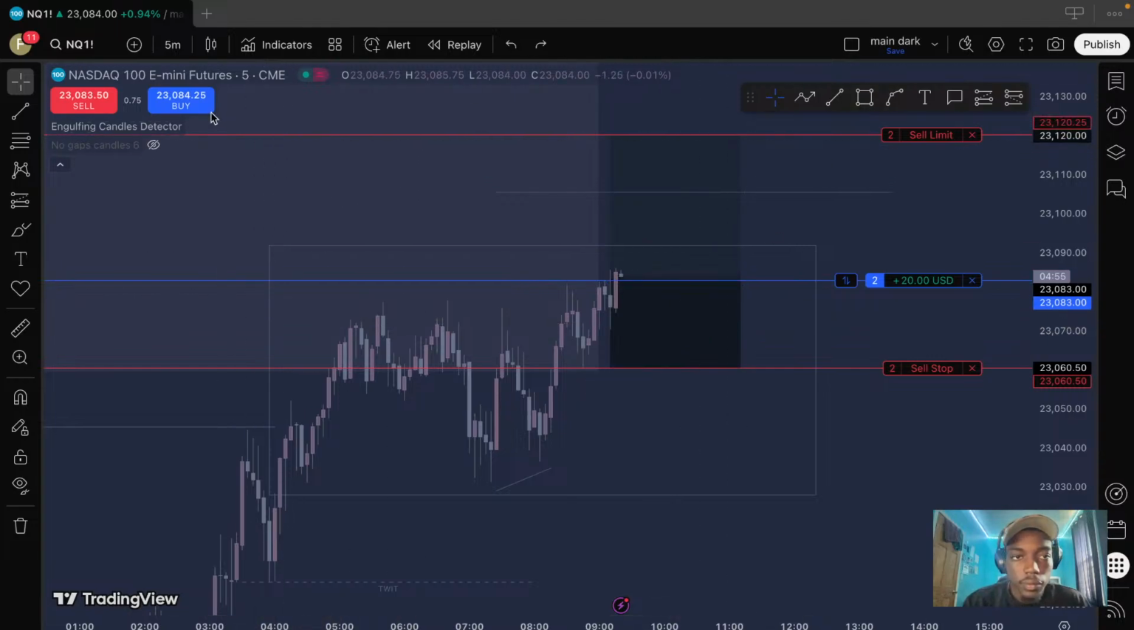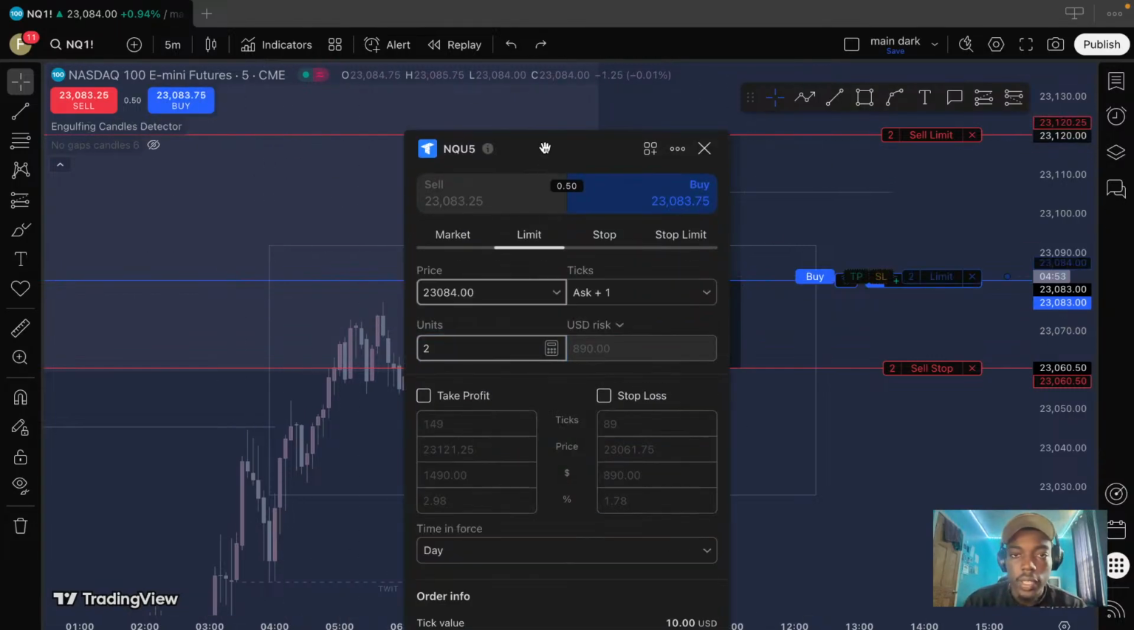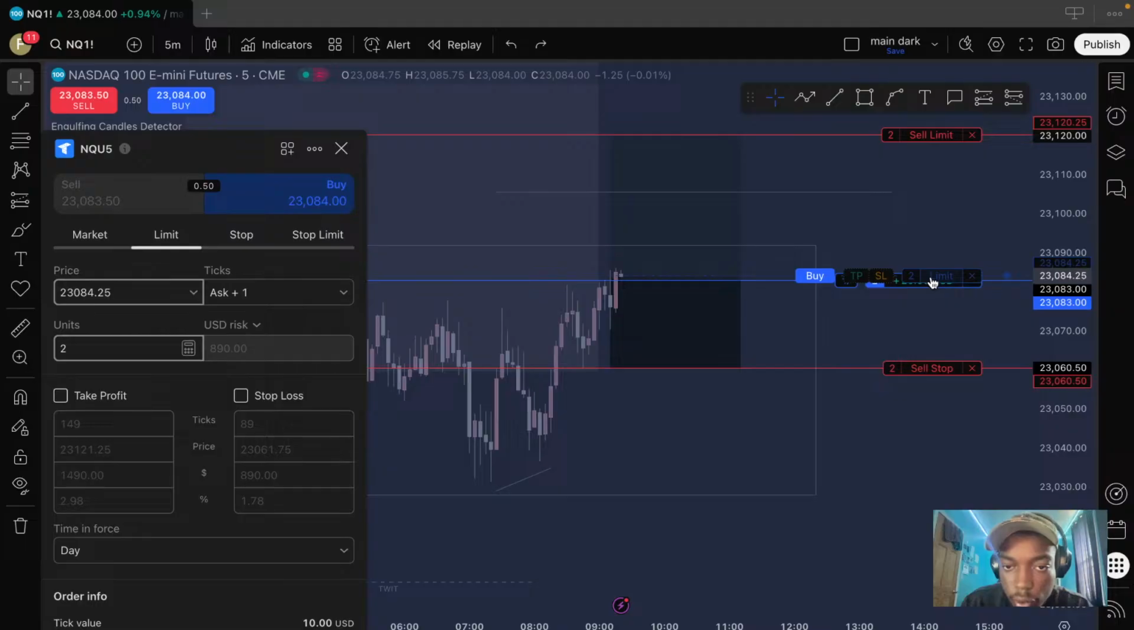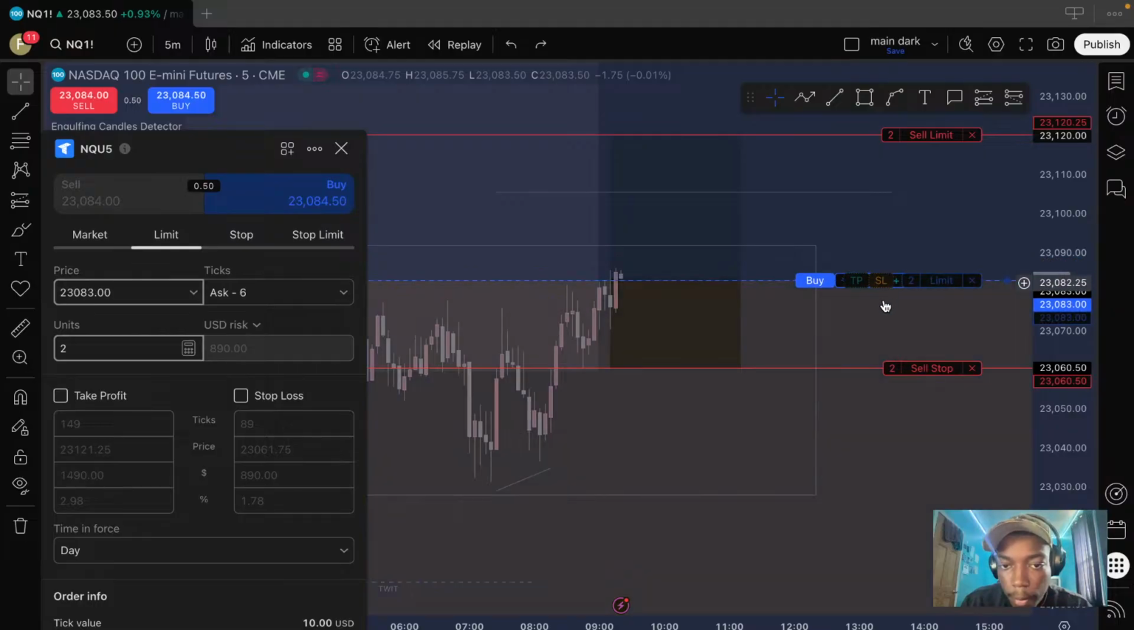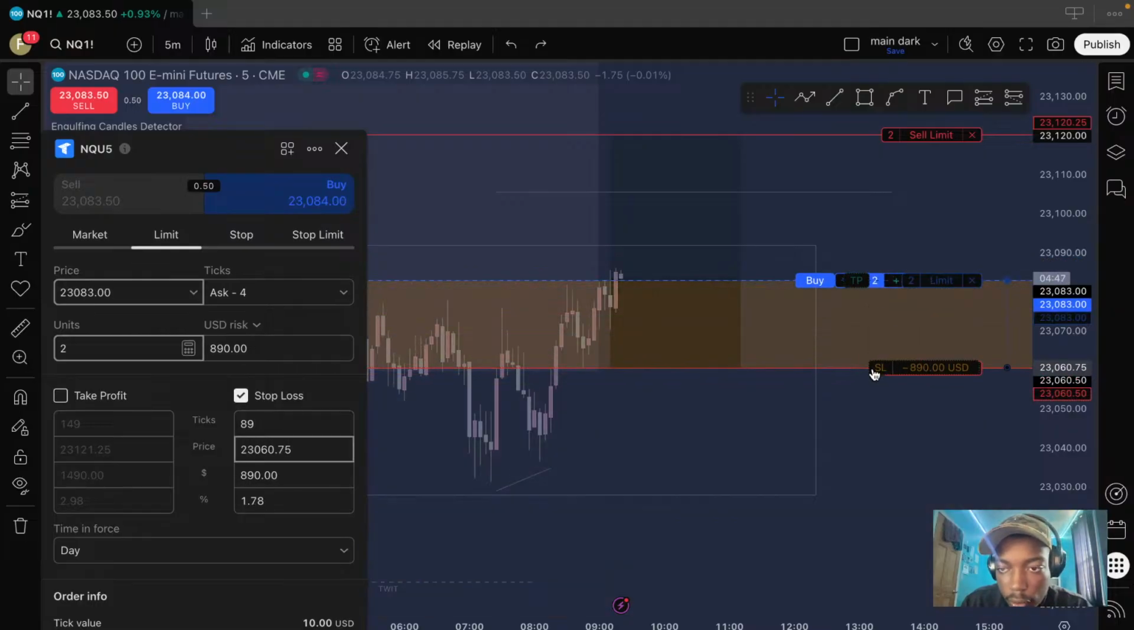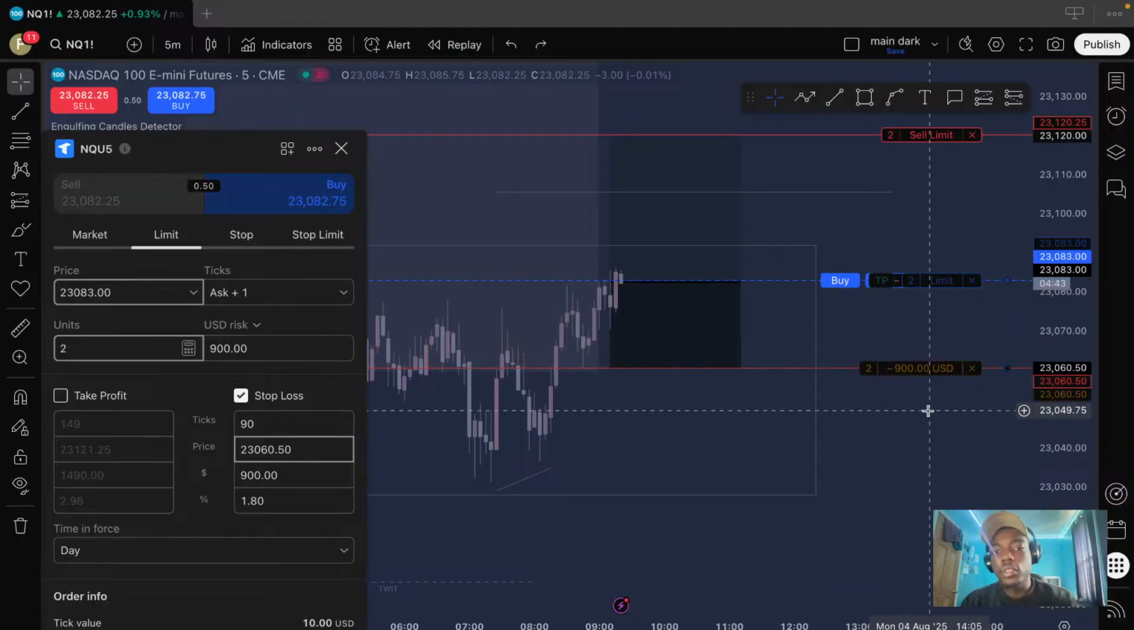And just to really go over the risk that I put on this trade, I got two contracts on it, which amounts to, for this trade, $890. So for the eval, I'm risking around $900 to $1,000 per trade, anywhere from really like $750 to $1,000. It's really that range, $750 to $1,000, I'm risking per trade,